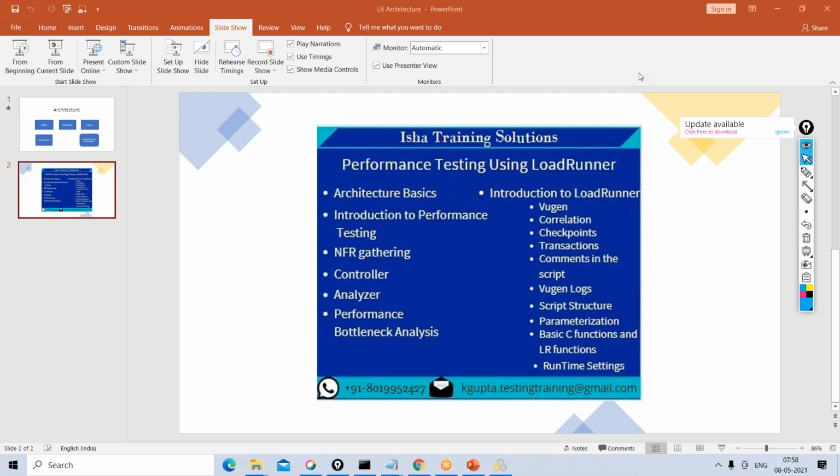There is no limit. You can learn a number of tools, a number of technologies. You can learn it easily, Chami. Once you complete this course, I'm sure you will get at least 1 or 2 years of experience in performance testing, in terms of scripting, analyzing, identifying the bottlenecks and all those things.